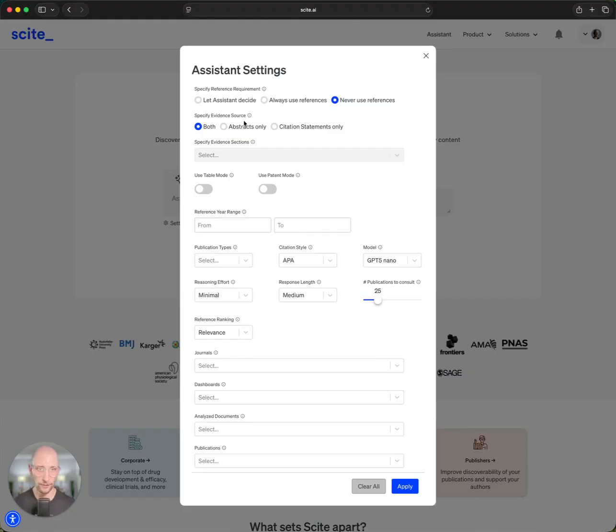Next is evidence source. This controls where Scite pulls information from. Both uses full text and abstracts for comprehensive analysis. Abstracts only works best for fresh content or quick reviews, and citation statements only focuses on how research builds upon